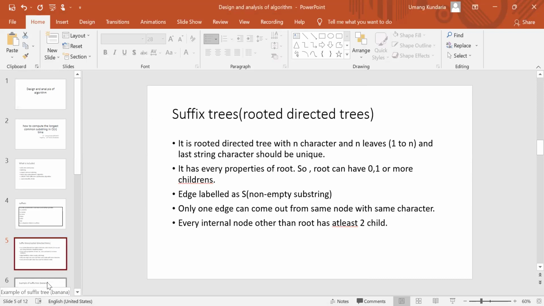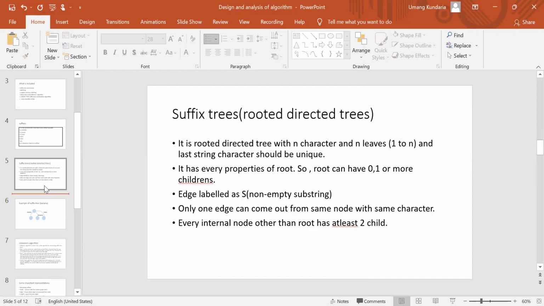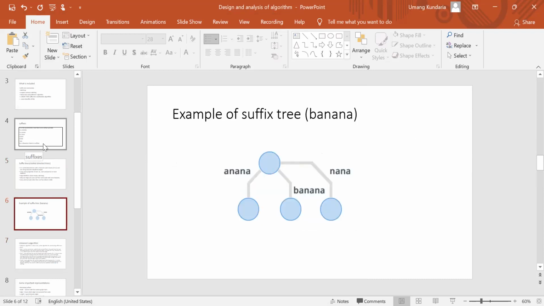Next, this is a suffix tree for banana. I have taken this from the internet just for showing an example. I will prove it by doing it on the whiteboard. So now we have covered suffixes and suffix trees.